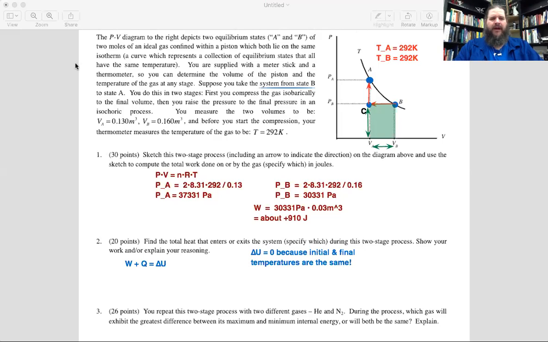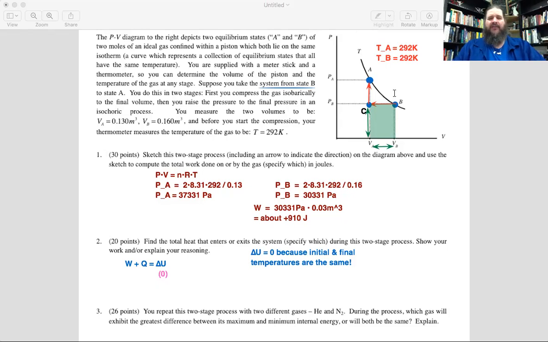So if we fill in 0 there, what does that tell us about work and heat? Yeah, they're just going to be exact opposites of each other. We know that work is positive 910 joules, so heat has to be negative 910 joules, exactly. And that's generally going to be true for any process where the starting and ending temperatures are the same. Maybe a process that's isothermal, or a process that's not isothermal but starts and ends on the same isothermal curve,